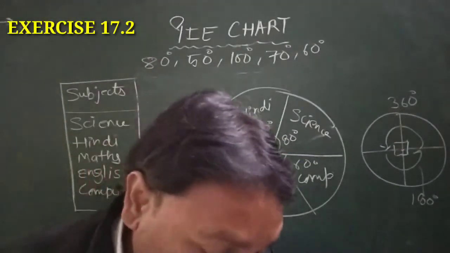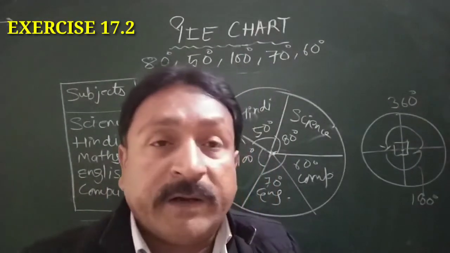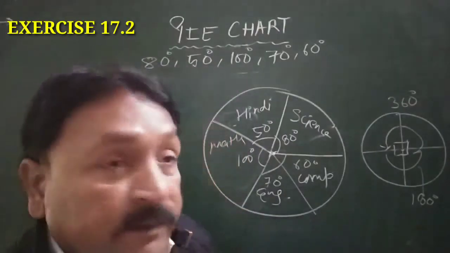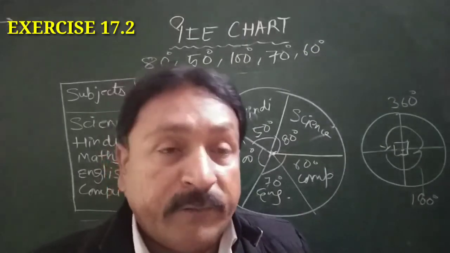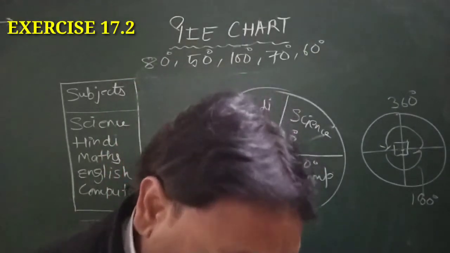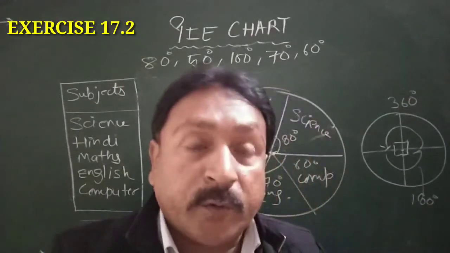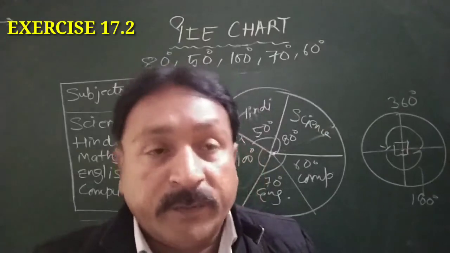Okay students, you have to complete your chapter 17. 17.1 and 17.3 were already explained in school yesterday. The 17.2 concept I have told. Now complete this exercise in a very proper way in your fair copies. And do one thing, no need of doing all the questions. Do question numbers 1, 2, 3 and 4. Just do questions 1, 2, 3 and 4 in your fair copies. Thank you very much.